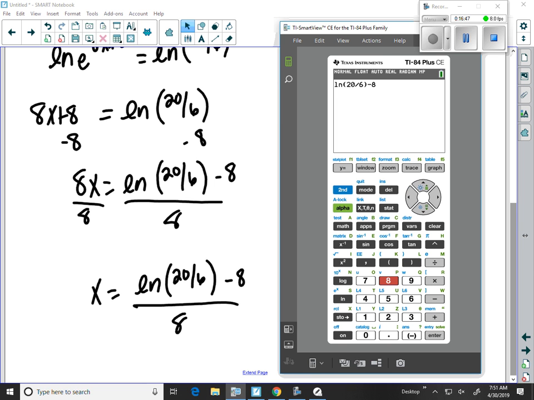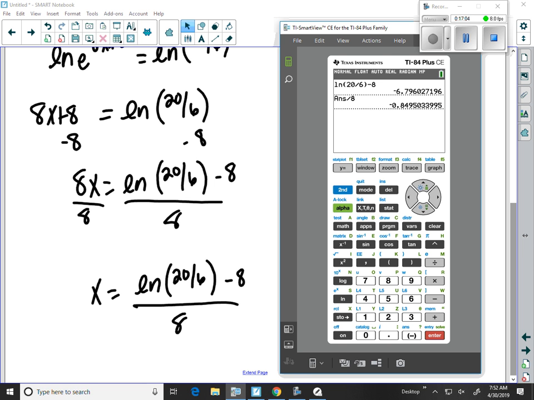So what I usually do on these is I just put in the numerator. I don't worry about using all the extra parentheses. So I'll just put in my numerator, and then I'll hit divided by, and I'll do my denominator. So you should get negative